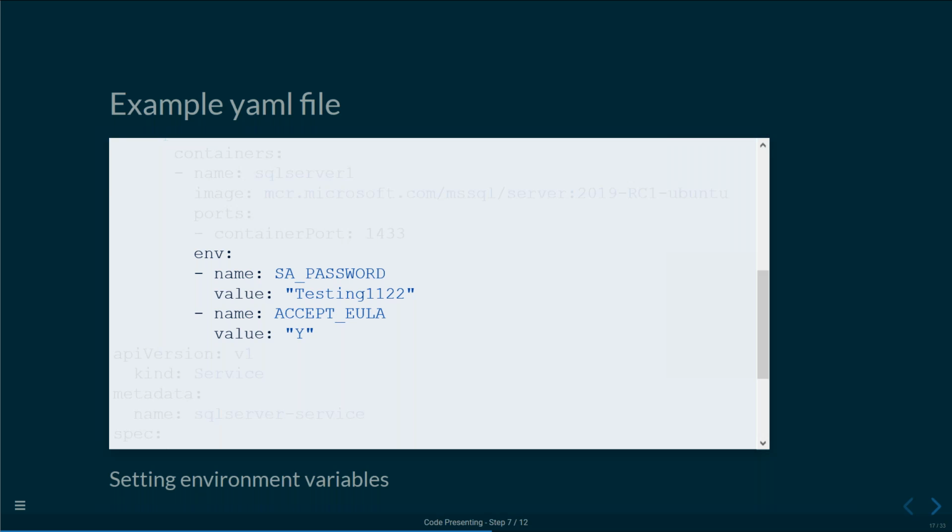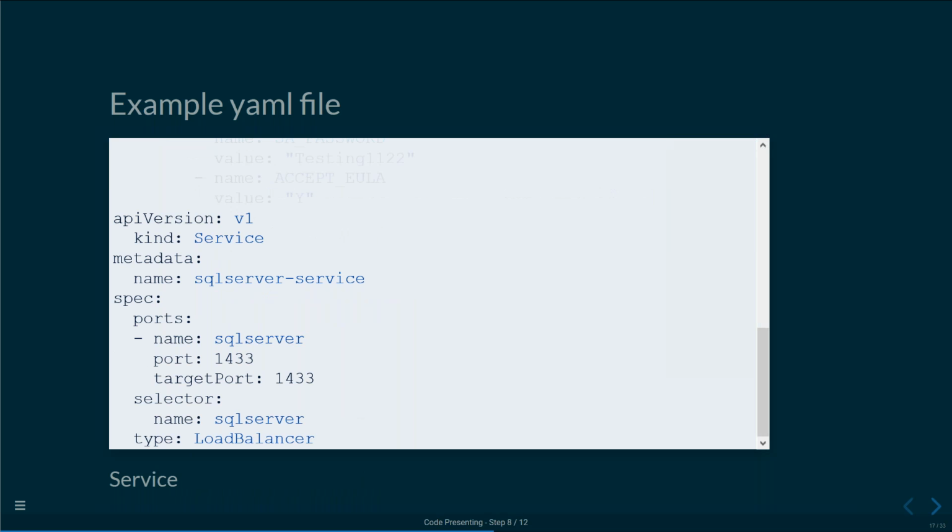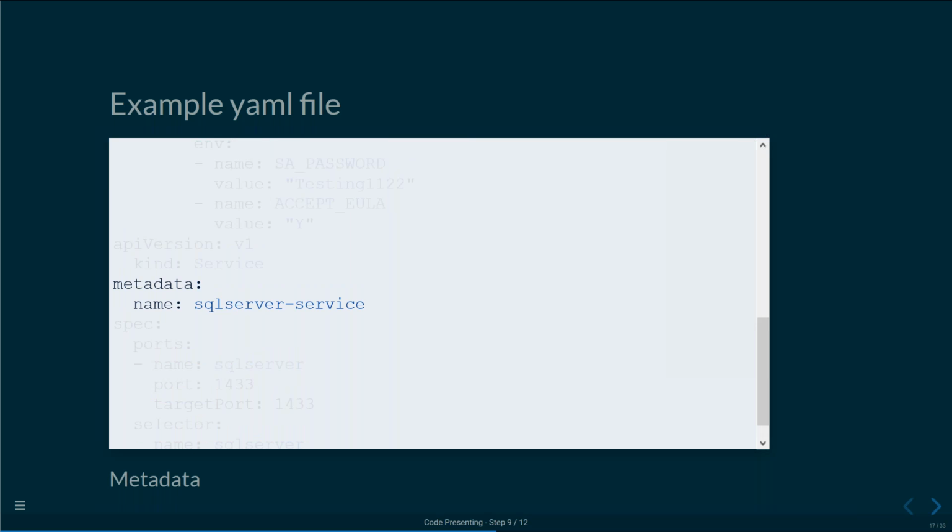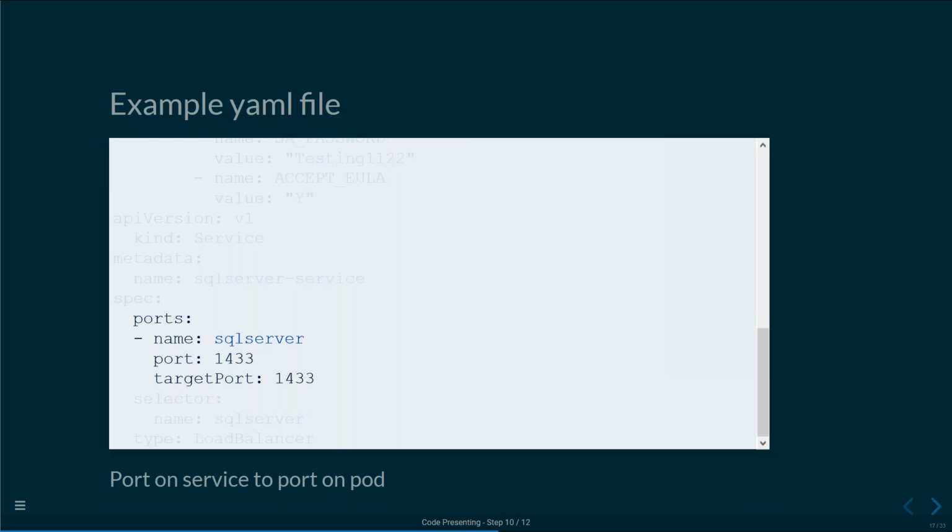But remember, we're not going to connect to our pod directly. We're going to connect to a service, so we need to spec out our service as well. So we are saying kind service, type service, and then giving our service a name. I'm just going to call this SQL Server service. Then I'm mapping some ports. And what I'm saying here is that anything that hits my service on port 1433, automatically route that connection through to my pods, hit that pod on port 1433, then I'll be able to connect to SQL Server.